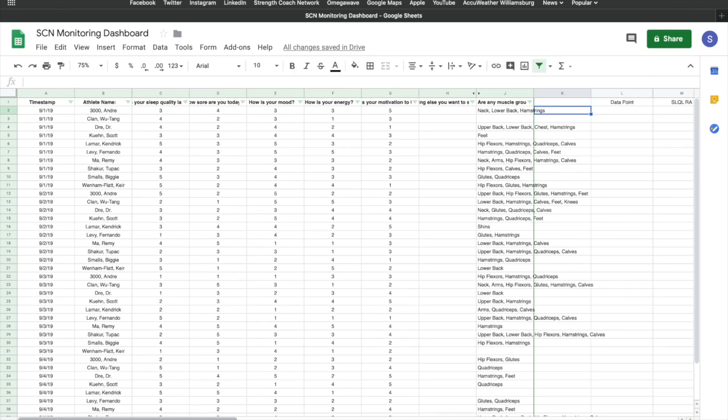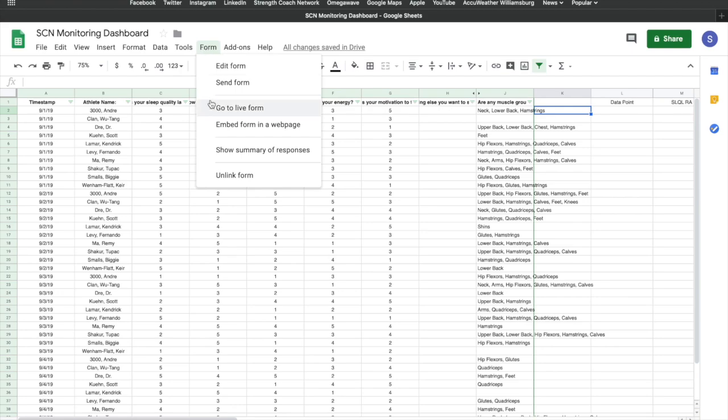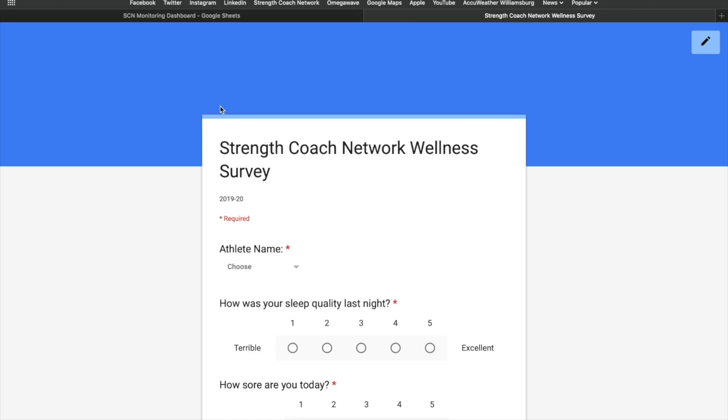One of the nice features of Google Sheets is the integration you can have with one of their other platforms called Google Forms, which allows you to create surveys that you can send out to the athletes or even have them install as an app button on their phone. And this works for both Apple products and for Android products. So if I go to Forms, I can just show you real quick what that looks like. It'll link it automatically to a Google Sheet